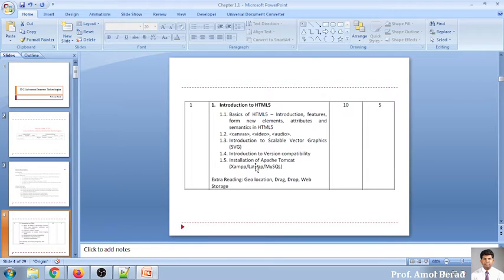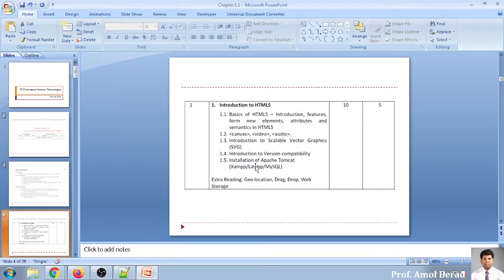HTML5 is a huge concept, and we need to spend comparatively more time because we have started the lectures early. As far as the university has decided, it is on the 15th of June, but we have already started on the first. So we have a lot of time. I expect that we need to catch a lot of things which are not discussed in the syllabus, but we need to go into detail about those things.